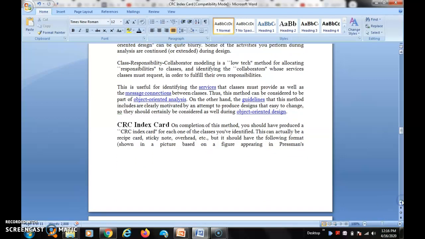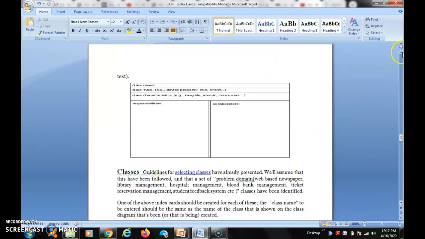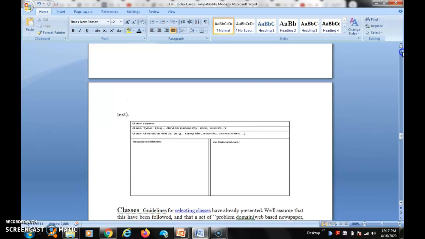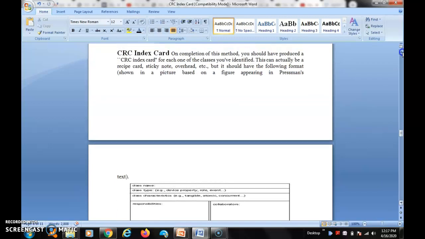So the CRC index card is the completion of the method. On completion of this method, it should have produced a CRC index card for each one of the classes you identified. So this can actually be a receipt card, sticky note, overhead, etc.